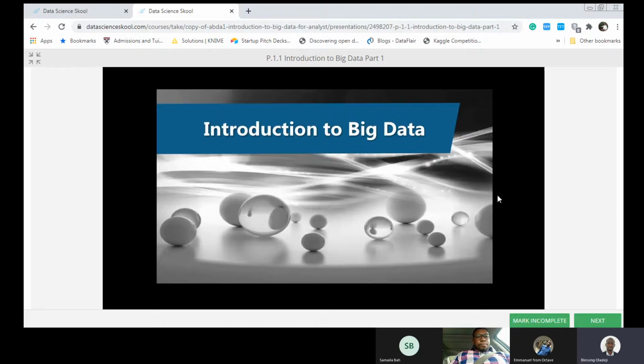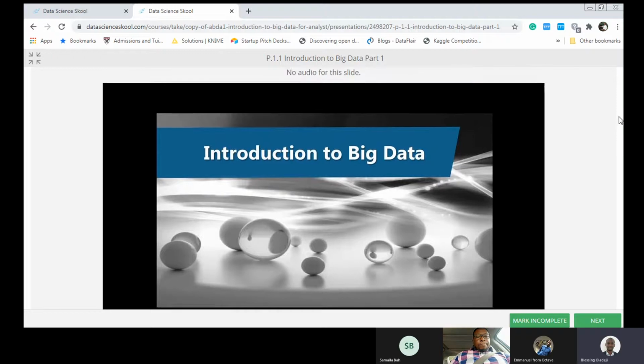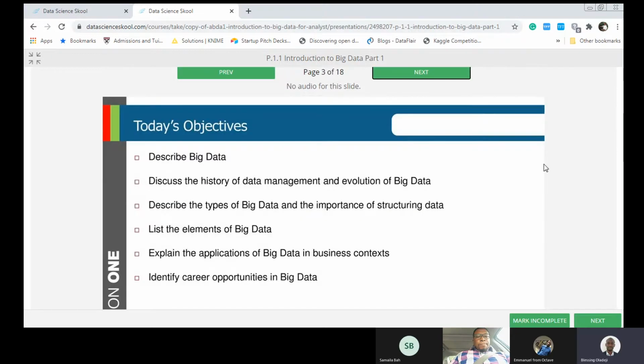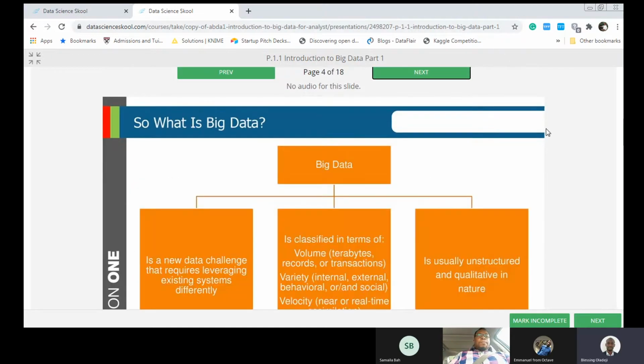So what we did yesterday, just a little bit of recap on some of those things that we discussed yesterday. Yesterday we had the intro into big data, where we talked about what are those things that characterize big data. When you say big data, what are those properties that you should see in a data set that will make you conclude that this data set is big data, or whether it's not big data?